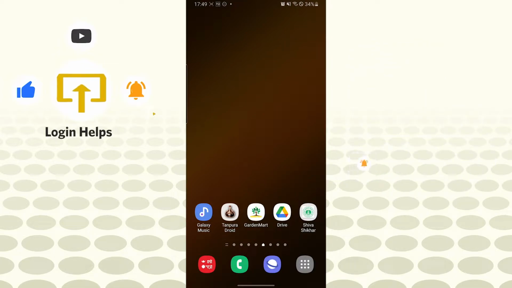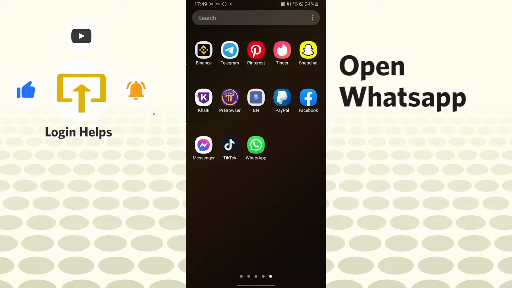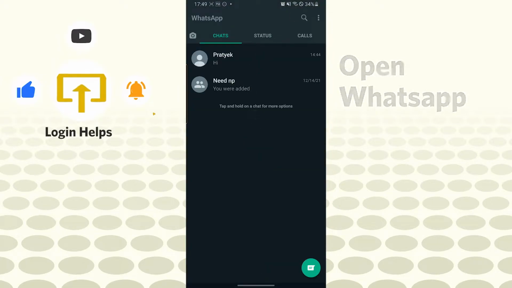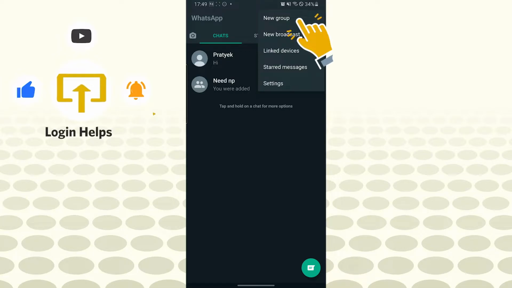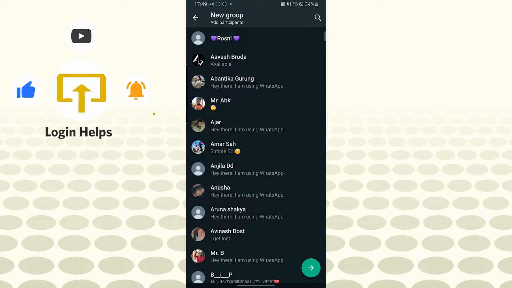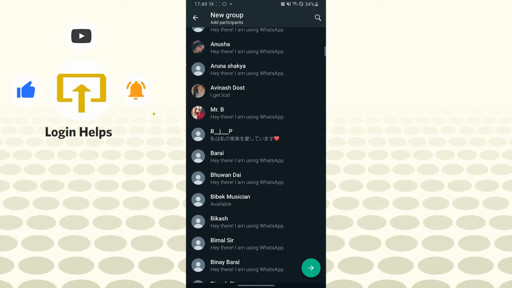Now to create a WhatsApp group on WhatsApp, let's open up our WhatsApp. And after opening your WhatsApp app, you can see the three dotted icon on the top right corner of the screen. Tap over there, and after that you can see the new group on the top of the dialog box. Tap on new group to open it, and after that when you land on this page,